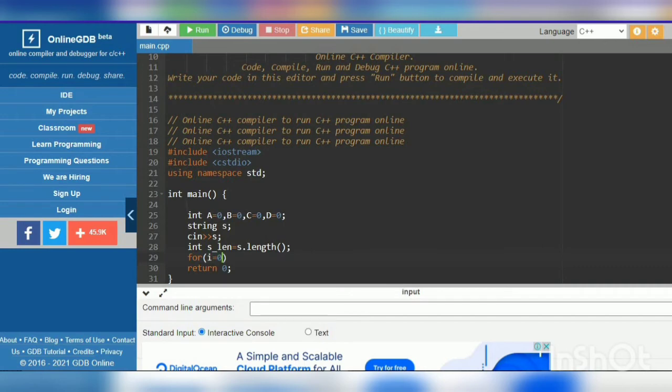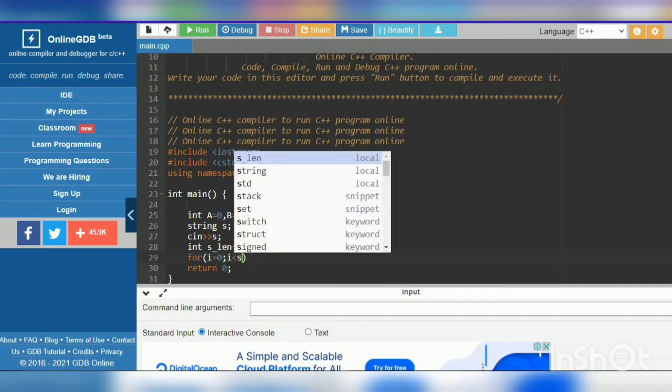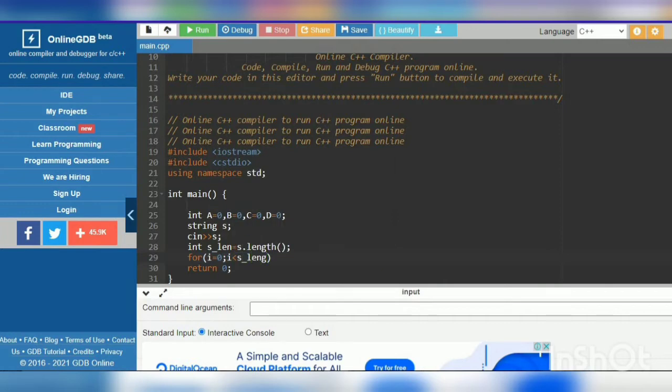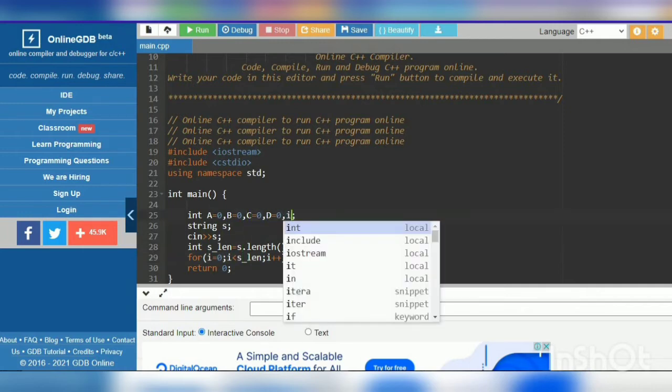And for i equal to 0, i is less than the length, we will again declare i here.